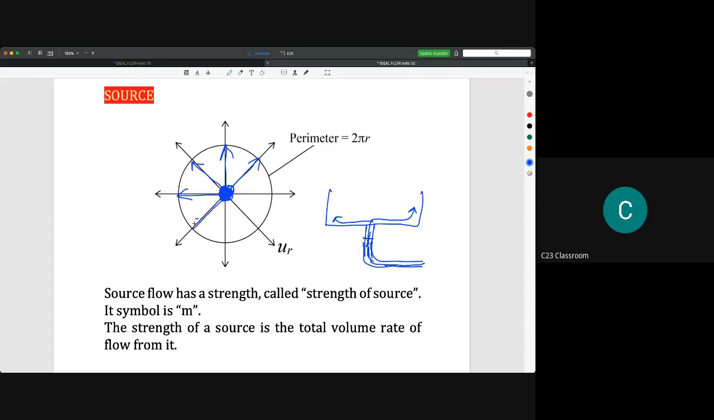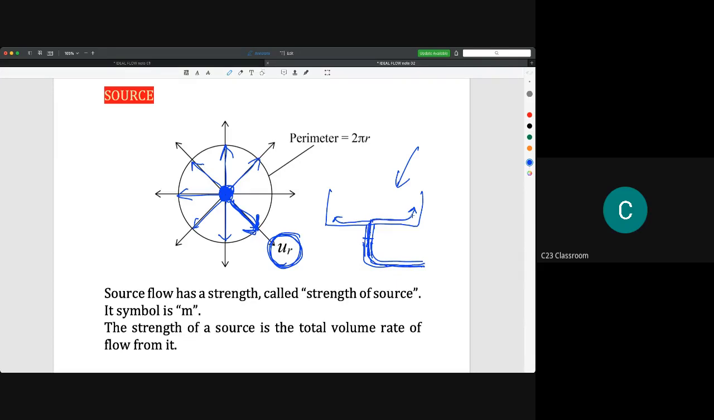So this means that the water will flow in the radial direction with the same velocity. Because the friction is zero, all the water will flow at the same velocity. This velocity is along the radial axis, so we state this velocity as UR. In this situation, you must know that the water that comes into this source must have a flow